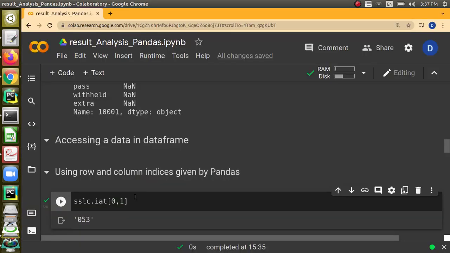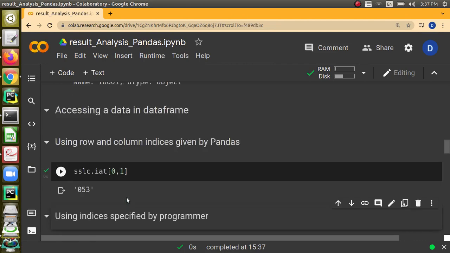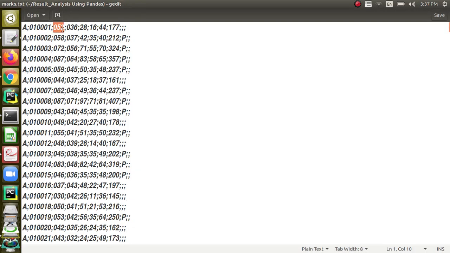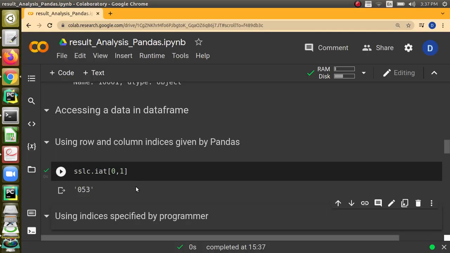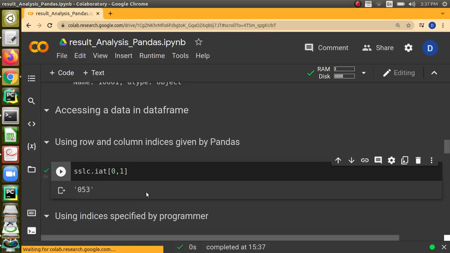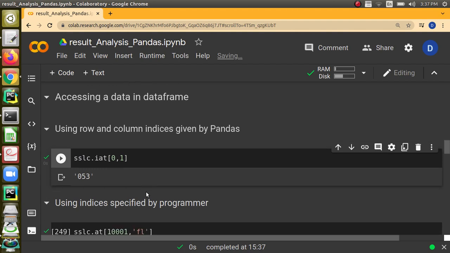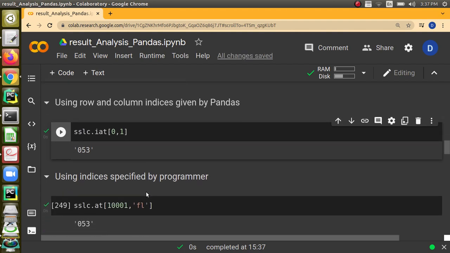So how can I refer to the first language mark of the first student? I will tell 0 and then 1, and you see it is printing 53. The other option is that you can also use the at function. We use the at function when we are going to use the indices given by the programmer.